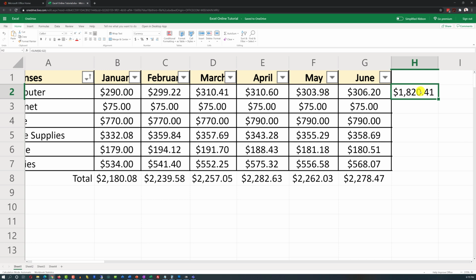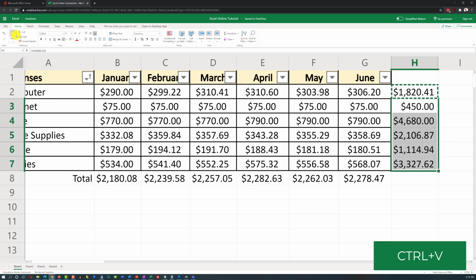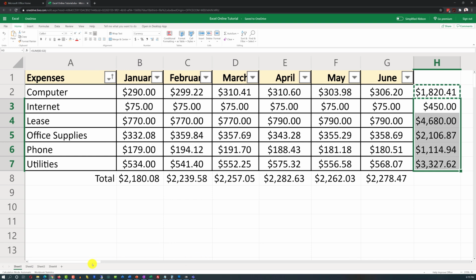To do that, you just need to use Control-C on the keyboard. I just typed Control-C. Another way to do it would be click Copy right here in the ribbon. And then you can just select a new range, and then you can just click Paste here on the ribbon, and Excel will recalculate, because it inserted this formula, and it will recalculate all the values for different expense categories